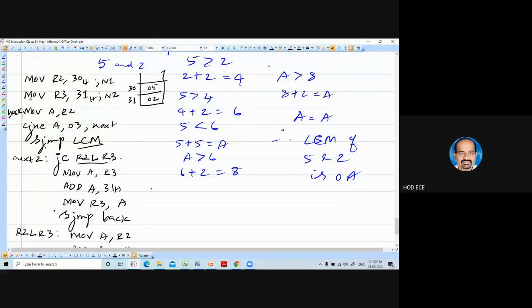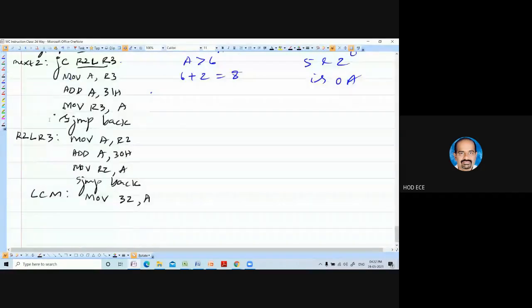R2 to A. So let 32H be R2 or R3. Anything is LCM only. So R2 to A, 32H. Here SJMP here. Terminate the program.